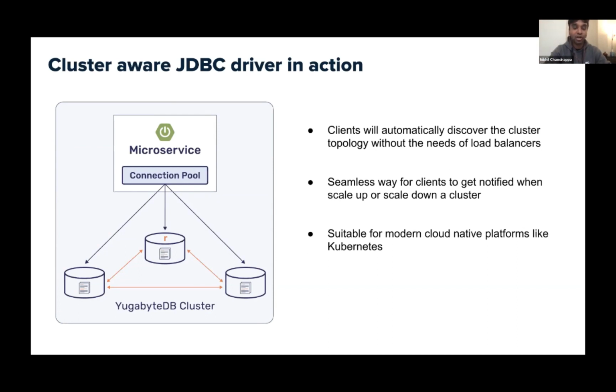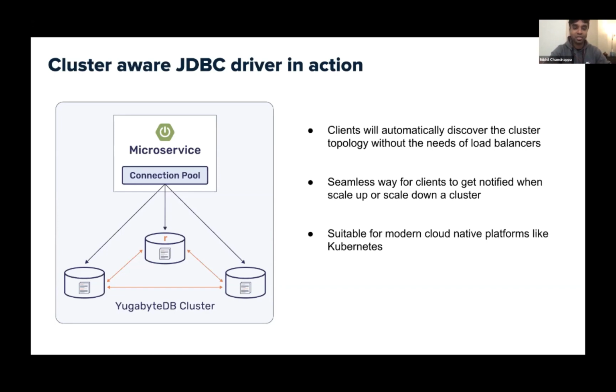connections to available servers and do a single hop fetch, which means you don't have an indirection after going into the cluster. It knows where the actual data shard sits, and your client can go and read the data from there. So this is very suitable for modern cloud native platforms like Kubernetes also. As I said, pods can go back up, come down. If you have an automatic way of figuring out the state of the cluster, it will be super useful for